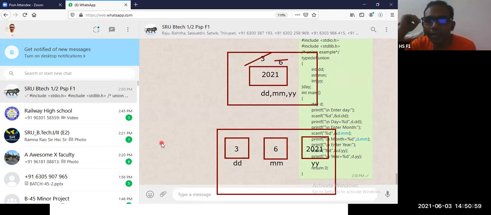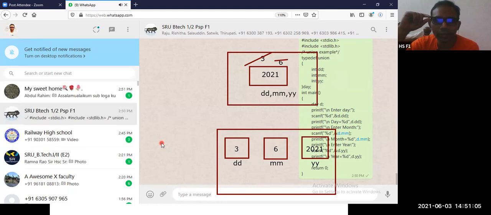Suppose you are designing a small piece of code which is going to get stored in some small hidden layer. For example, you need to design a device which is going to transfer some information, or a device which is going to copy or do video recording. Like that, if any application you design has limited scope for memory, then go with unions. Otherwise, you can go with structures. If memory is a constraint, go with the union.